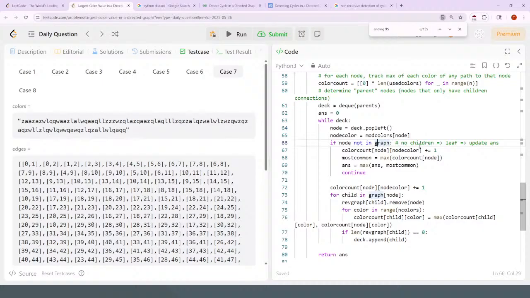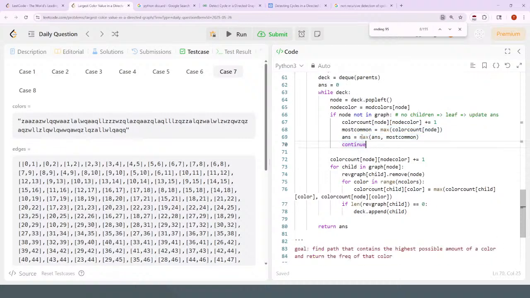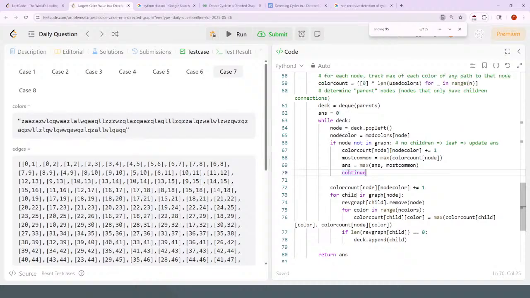Again, for every child that you have, you look at the paths, the colors for the paths. So you take the color of the node itself, you add 1 to the count of that color for this node, and then you take the most common color for this node, and if it's more than the answer, then the answer increases. Otherwise, if it's not a leaf node, then again, you increment the color count for this node by 1 using the color of the node. And then for every child,